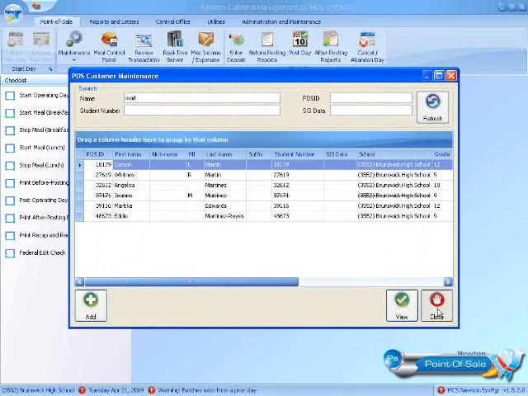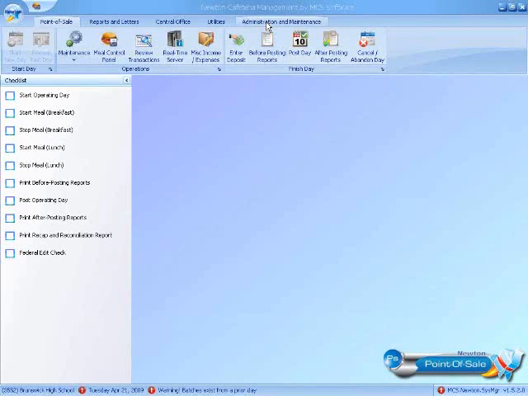We've also added the ability under the administration and maintenance